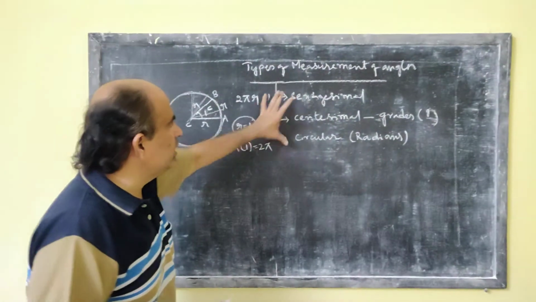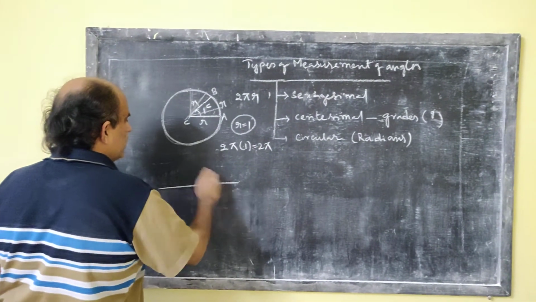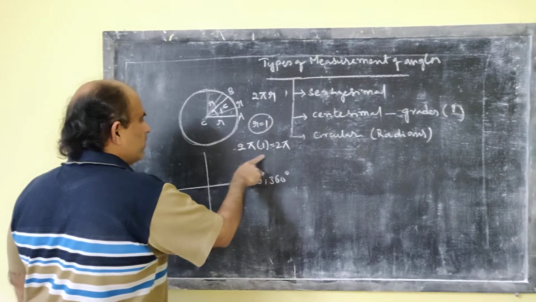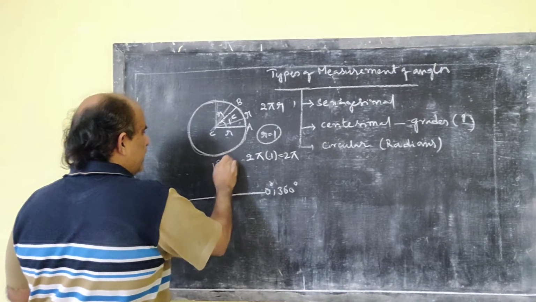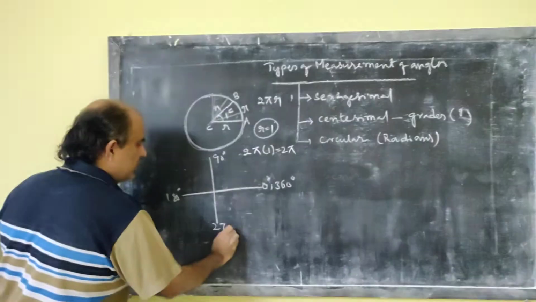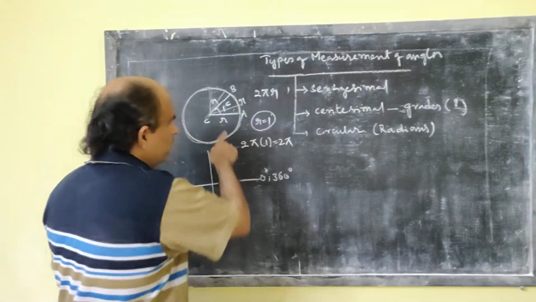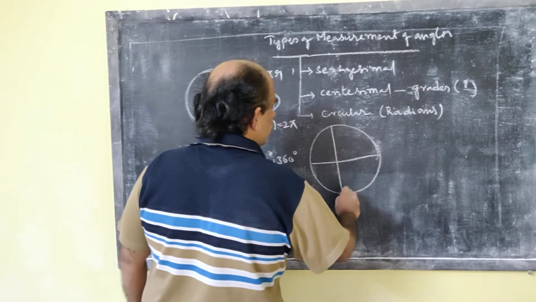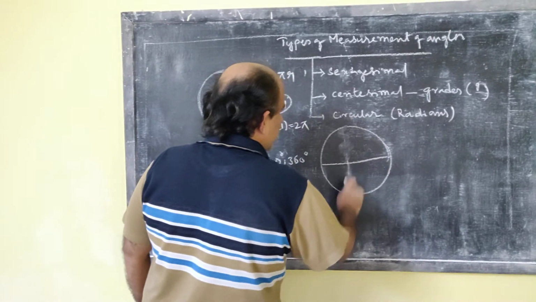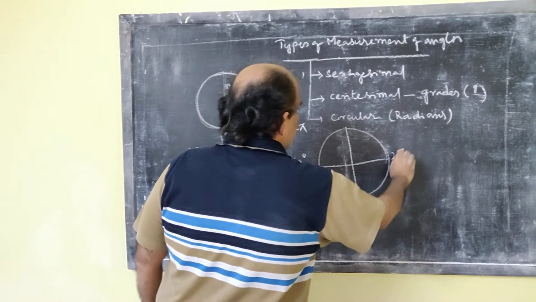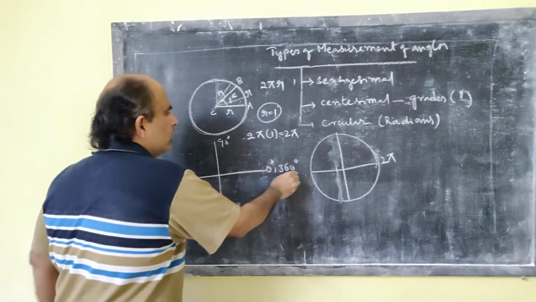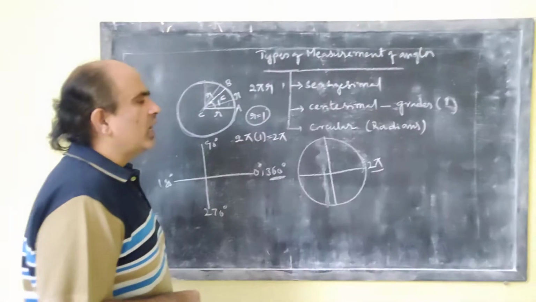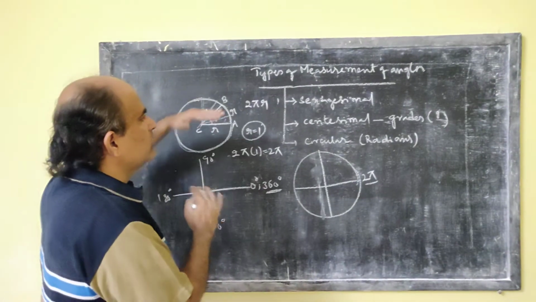So let us try to relate these two. There I said that this is 0 degrees and 360 degrees. Now in this case, this is 90 degrees, 180 degrees, 270 degrees and 360 degrees back. Here we have learned that if I am considering a unit circle, when I complete one complete revolution, this is 2 pi radians. Therefore, I can say that 2 pi and 360 are the same with reference to two different measures.